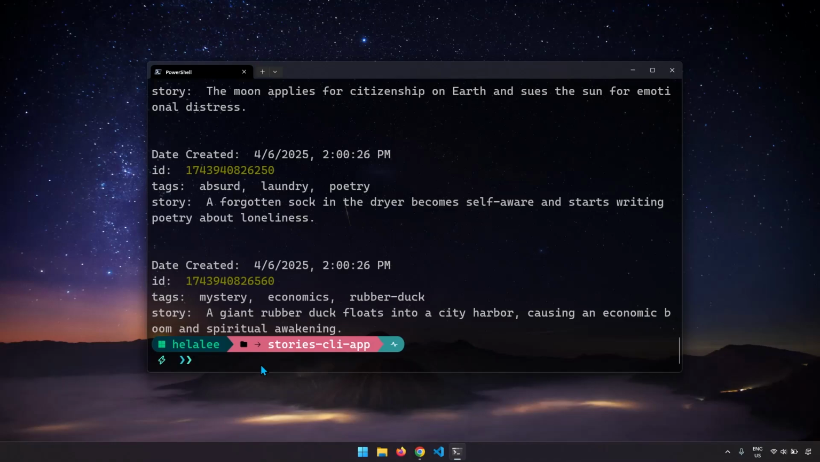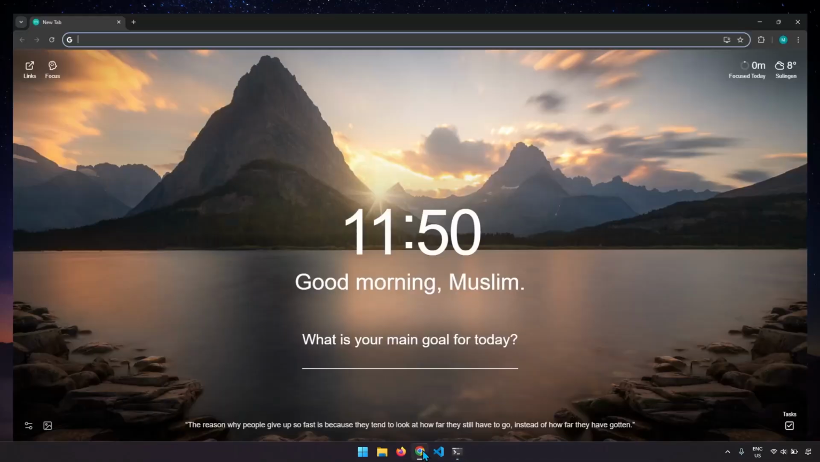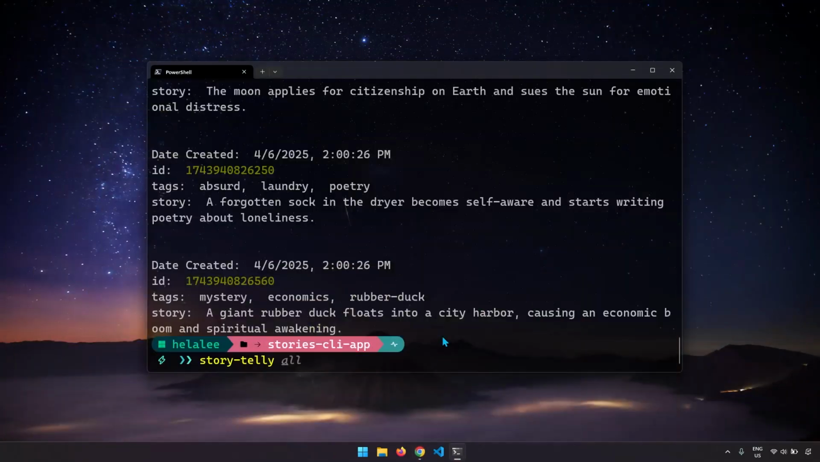Now, we could delete all of the stories. So for that, I'm going to say story CLI, and I'm going to say clean, and that's going to basically clean the entire database. Now, before doing that, I need to show you how this actually works in the context of creating or generating server-side HTML, because